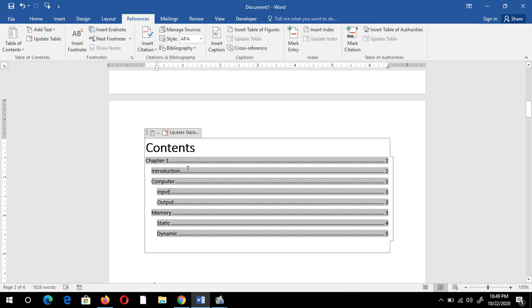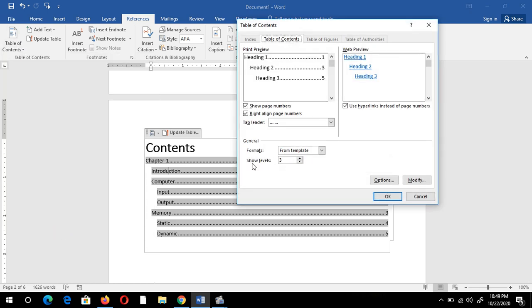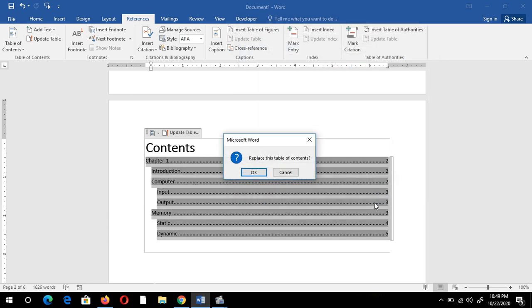Let's see. Just select the table of contents and customize it by clicking on this option, and this time choose custom table of contents. You can see it is showing level 3. I just want to add the sub levels, up to level 5, and click OK.